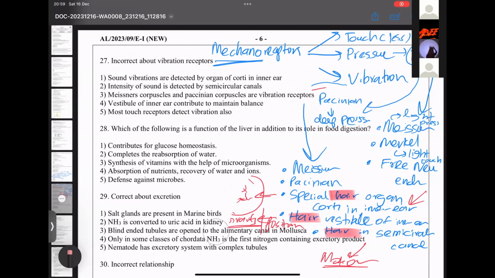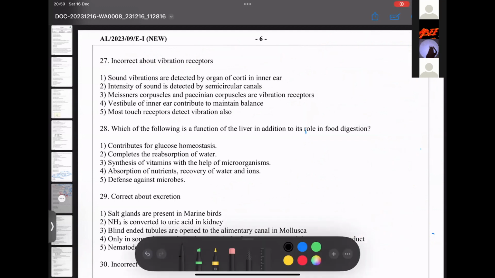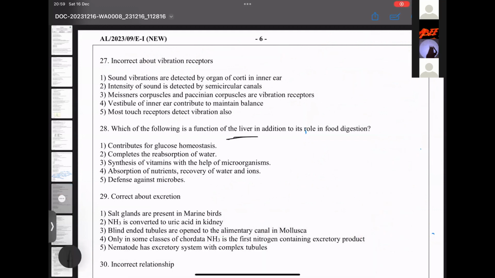Okay, finally, 28th question. We are looking at the 28th question. Which of the following is a function of the liver? So first of all, we should know the liver. Is it a part of the